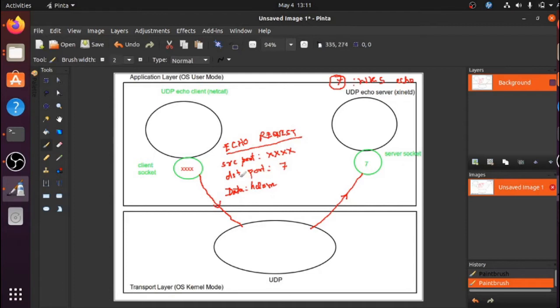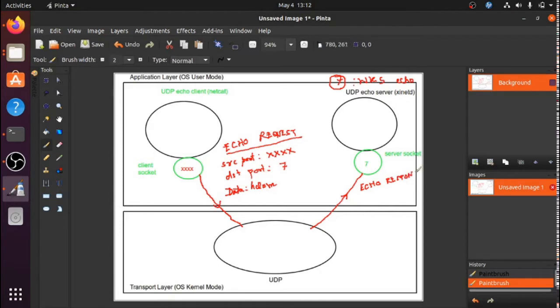Once it reaches the protocol, the datagram passes through and reaches this transport layer. From the transport layer, it comes to this XINetD process, and XINetD now says, oh, I received a packet. It's an echo request packet, so I'm going to reply. So this XINetD now generates an echo response.